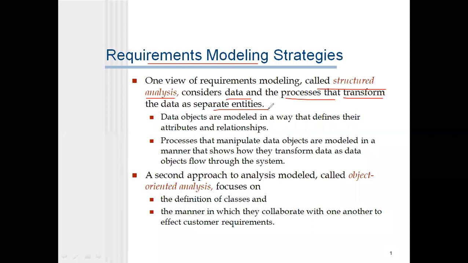Without the data objects, we can't represent anything, or we can't go for a model here. So if we want to perform data modeling, you must have some data objects. Which modeling is represented by using data objects? That model is called a structured model or structured analysis.